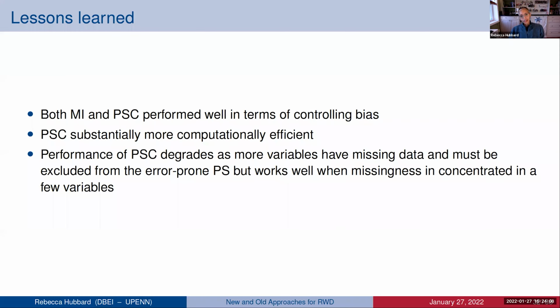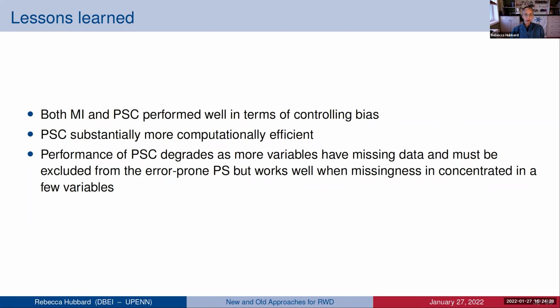So in terms of what we learned from this investigation, both the multiple imputation and propensity score calibration performed well in terms of controlling bias. The propensity score calibration was substantially more computationally efficient. But an important thing to keep in mind is how well propensity score calibration works is going to depend on